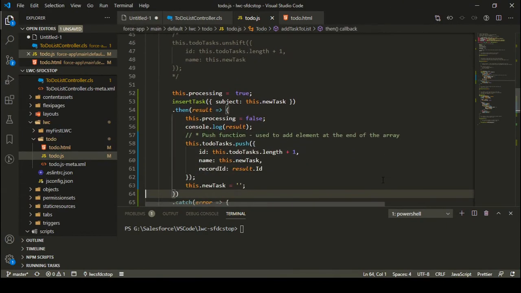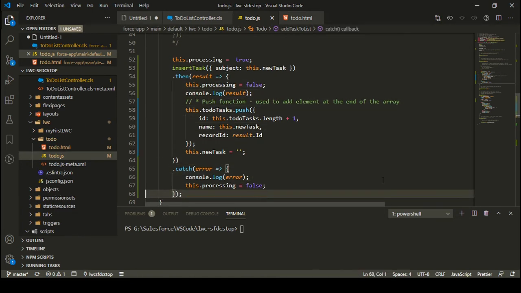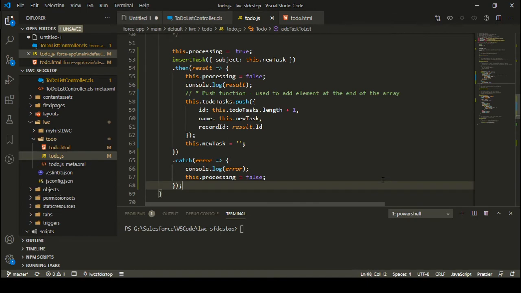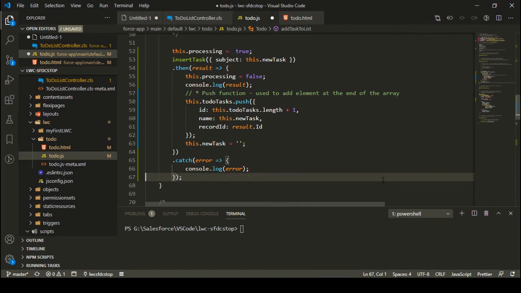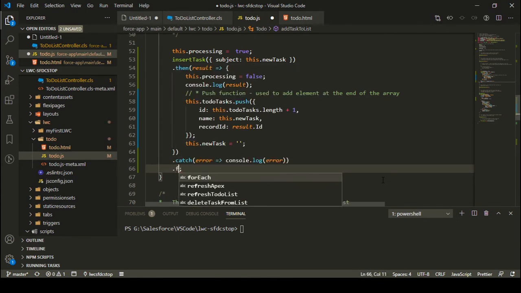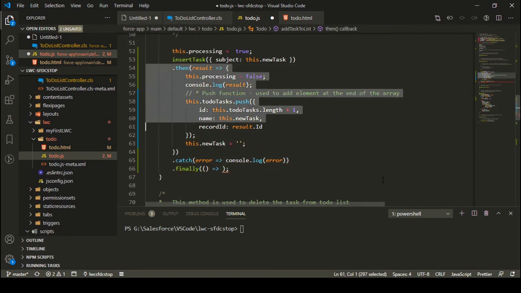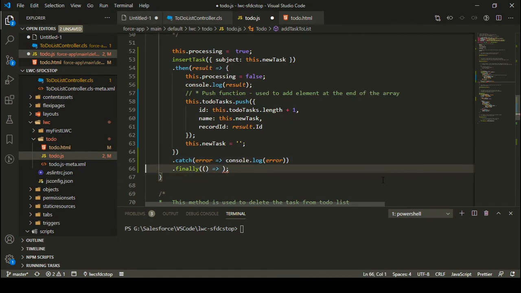But one thing I want to show you here, in case you have some code which is common to both then and catch, then you can also add a finally block and add that code over there, right? So instead of making a catch block with a body, I can simply add a finally block after the catch. So I can simply use a finally block as well. And whenever I'm getting a response, first of all, either this then or catch, any one of these will be executed. And after this is executed, finally, this finally block will be executed, right?